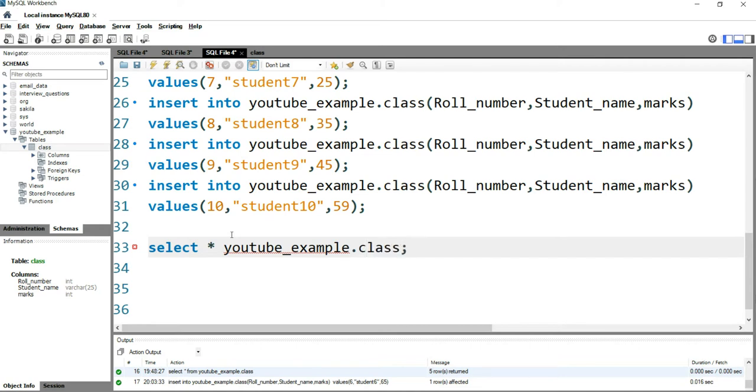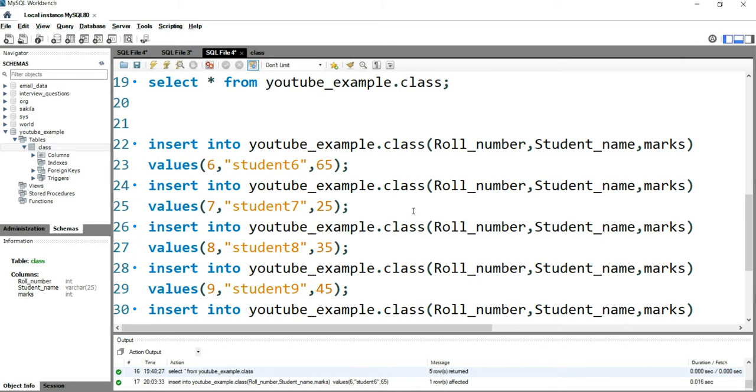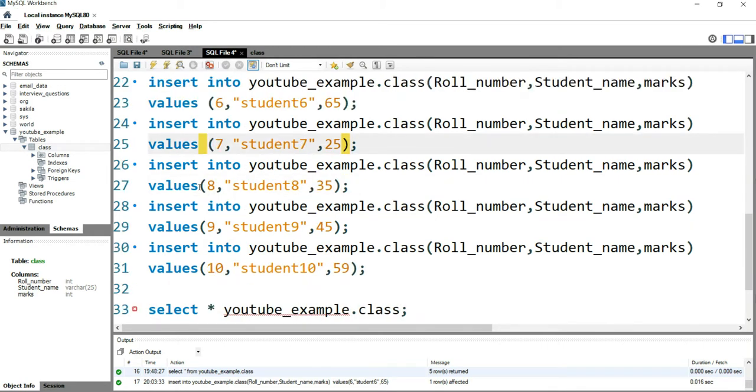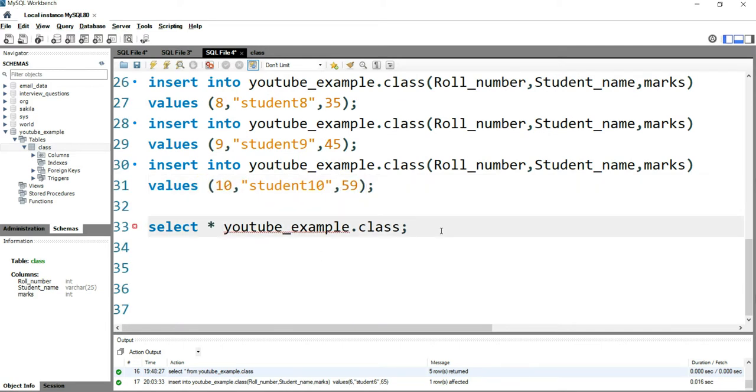So what happened is that I selected the entire thing, right? But it ran the first query only. So I need to run a select star from the table.